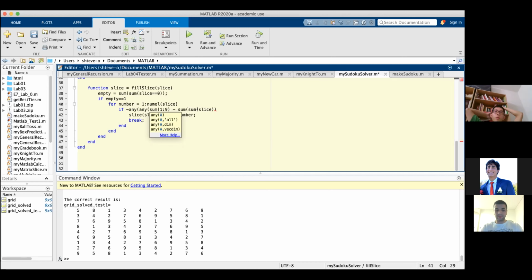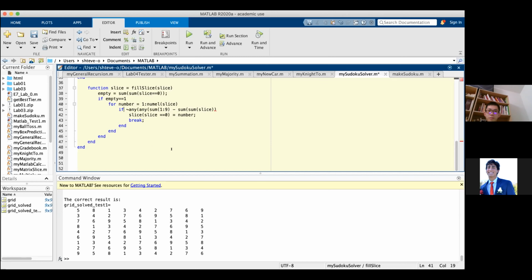Exactly. What do we want to do with that? We want to input it in here. Get rid of that if, and then just take that number and put that into our slice. Look at where that slice equals 0, and the index of that is wherever slice is equal to 0. Oh, okay. So we remove this if, and we don't need these anys. You don't need the if. You don't need the any. Just that sum part. And then you put that in the slice. And then we're going to put this all